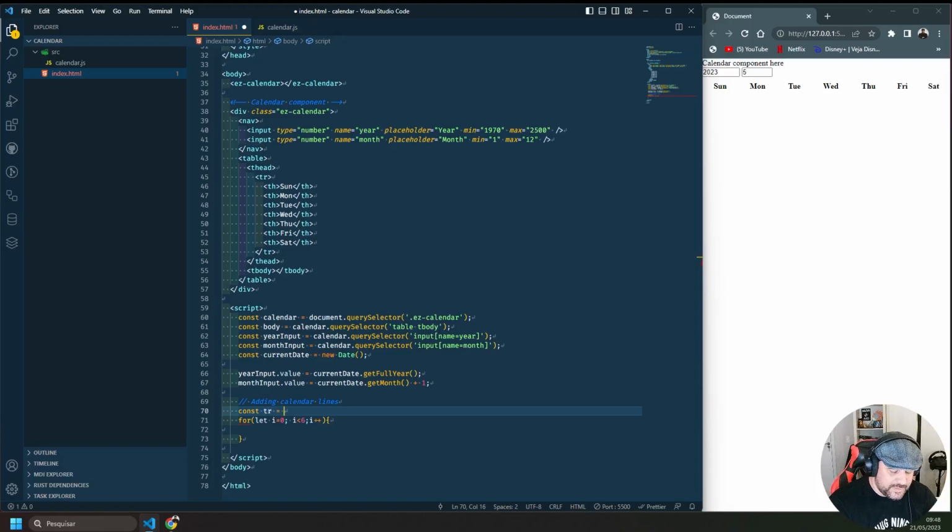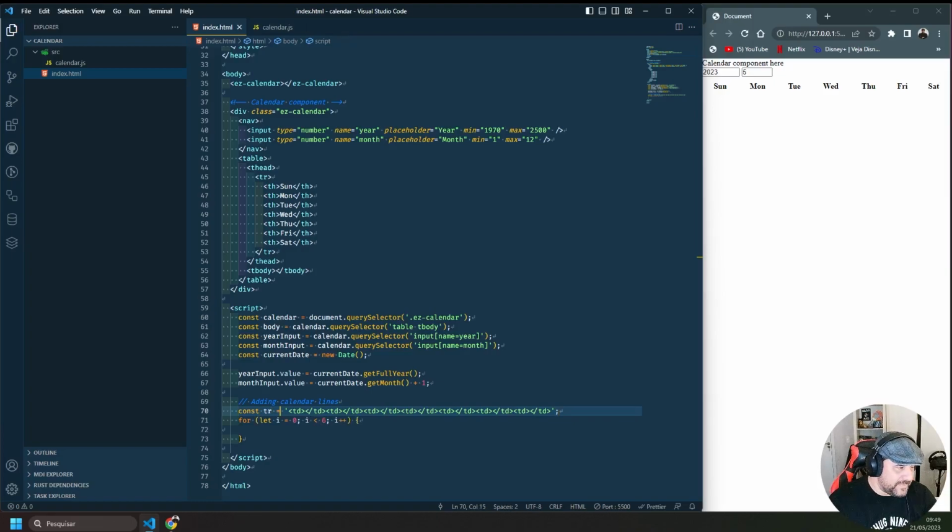So TR equals to, and we can even do it like this: TD and /TD. So this is going to have 1, 2, 3, 4, 5, 6, 7 columns, 7 cells inside this